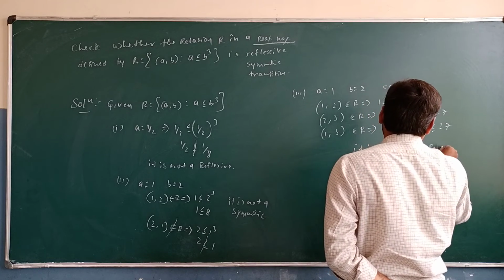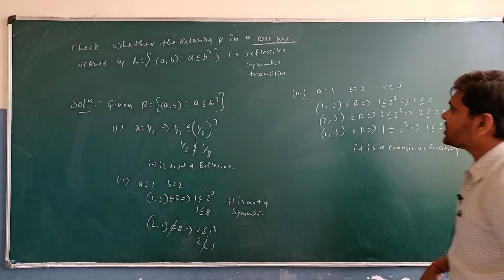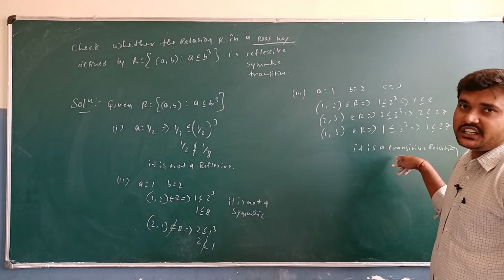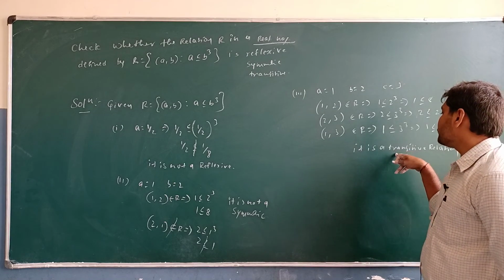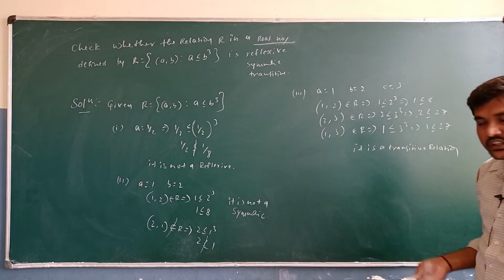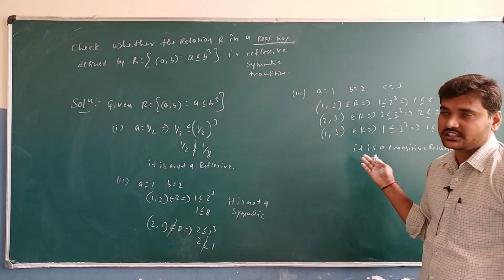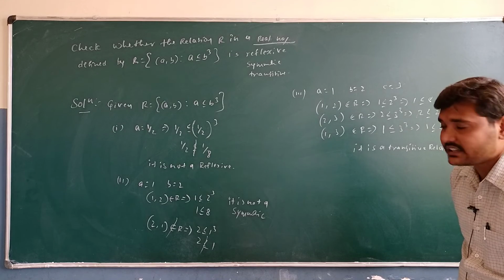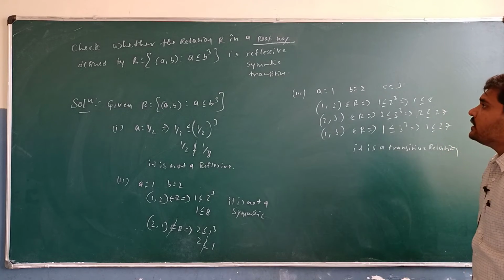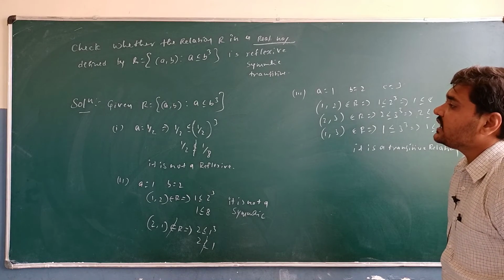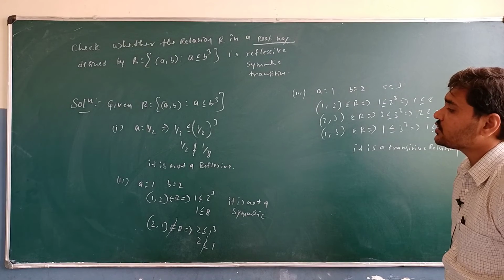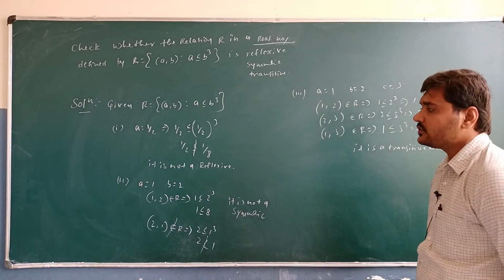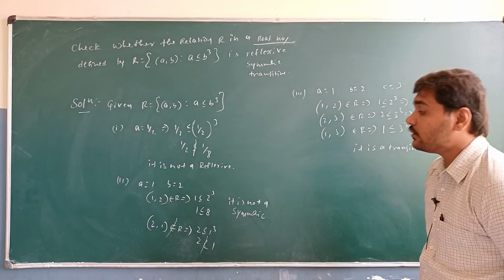A transitive relation. So now, if they ask only to check, or if they ask us to prove, sometimes we need not prove the transitive relation. Sometimes we need to prove the transitive relation, but they may only ask to check the transitive, as well as the symmetric relation. So when we apply (1, 2) in relation R to check the reflexive, we have found that it is not reflexive, and we have found that it is not